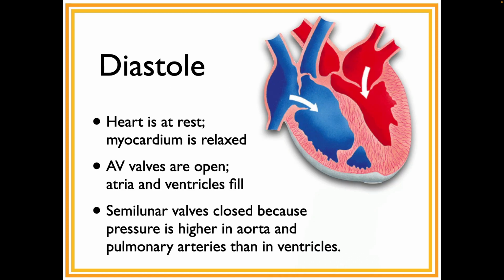So diastole, heart is at rest, myocardium is relaxed, the AV valves are open and the atria and the ventricles are filled, passive filling. And then the semilunar valves are closed. Why at this point? Why are they closed? Why are the valve into the aorta and the valve into the trunk closed? There's more pressure in those, like, the arteries than there is in the ventricle. Okay, yeah,